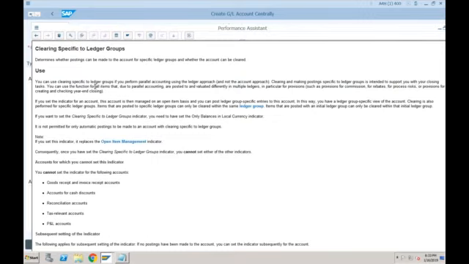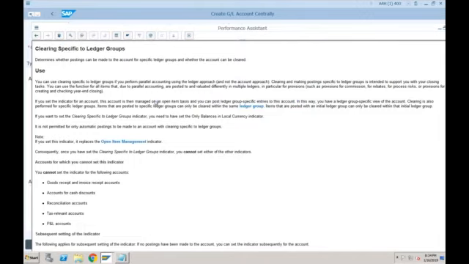You can use this function for all items that, due to parallel accounting, are posted to multiple different ledgers, in particular for provisions. If you set this indicator for the account, this account is then managed on an open item basis, and you can post ledger group specific entries to this account. In this way, you have a ledger group specific view of accounts. Clearing is also performed for a specific ledger group.